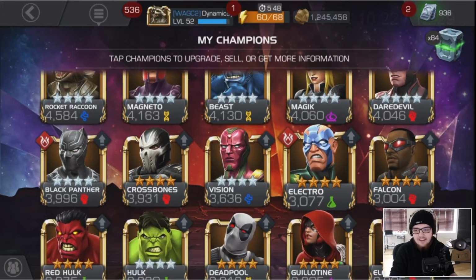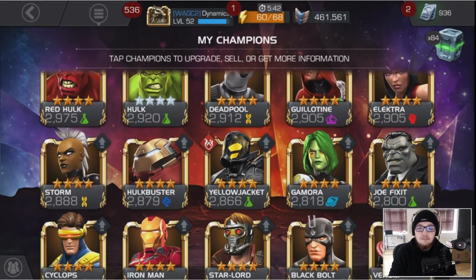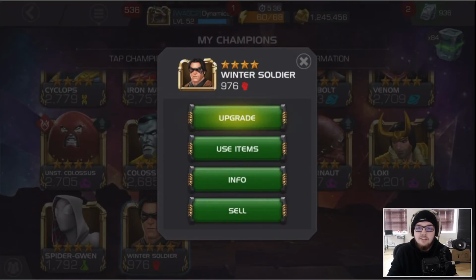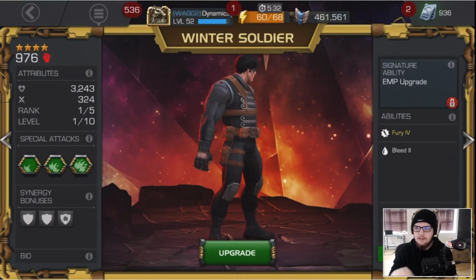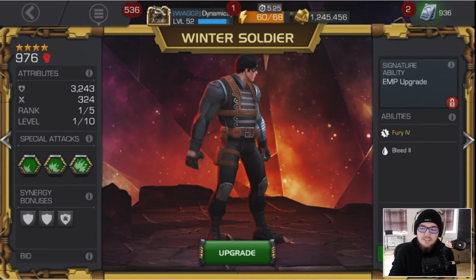So right here, we check out my roster. As you can see, nothing too God tier. Obviously, I've got some decent pulls with Crossbones and a few other things, Cyclops, Star-Lord. But a lot of those champions I actually grinded for myself. Loki and Black Panther Civil War, I grinded for him twice to get the dupe. But right here, as we all see, Winter Soldier,